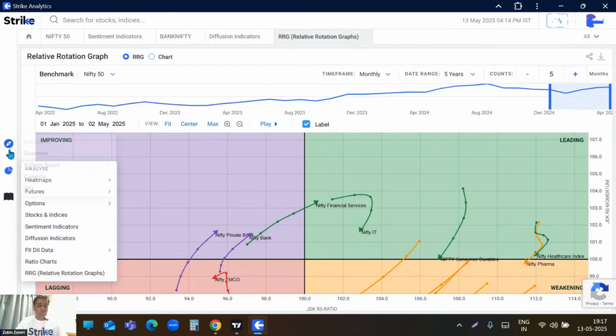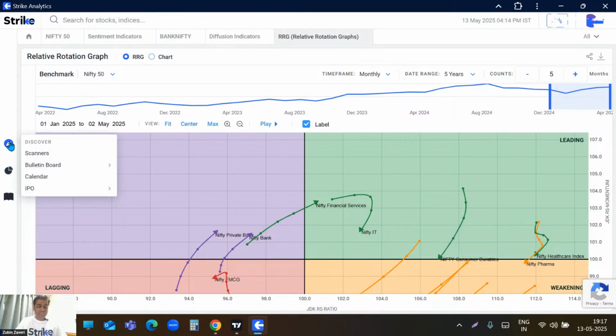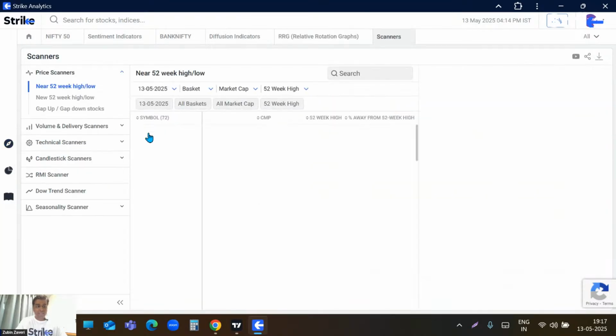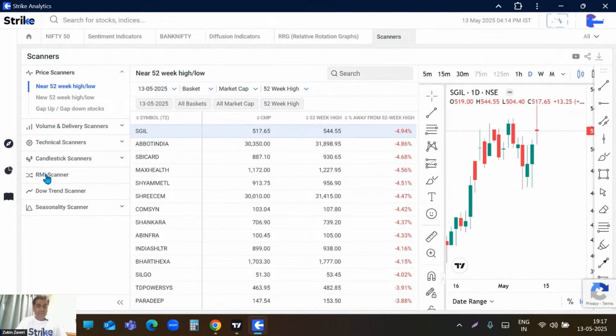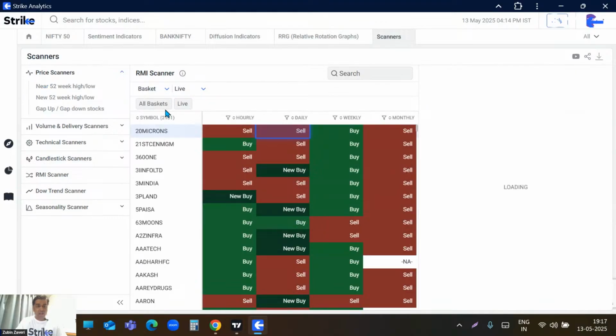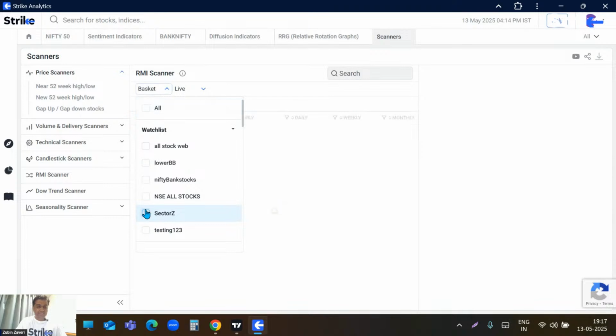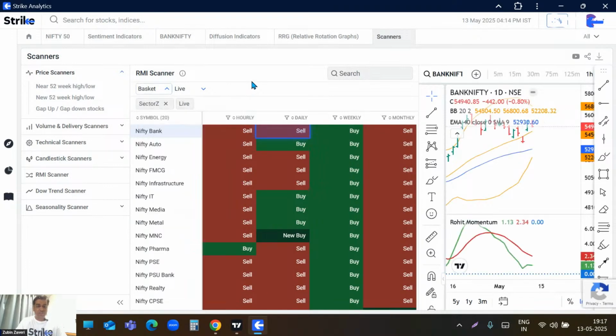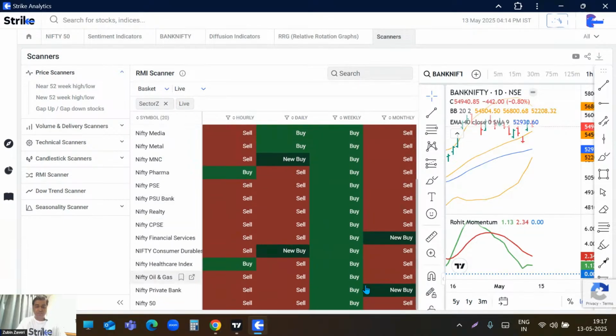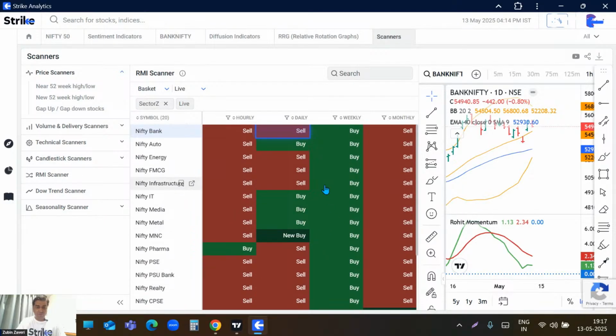And the second way is you come to the discover section, the first button over here on your left, and come to scanners. And in scanners, we have a dedicated RMI scanner. In the RMI scanner, we will again select our sector Z watch list. And we can look at the momentum on the hourly, daily, weekly and monthly time frame charts of all these together. So now what do we have over here is first of all we can see auto, the daily momentum